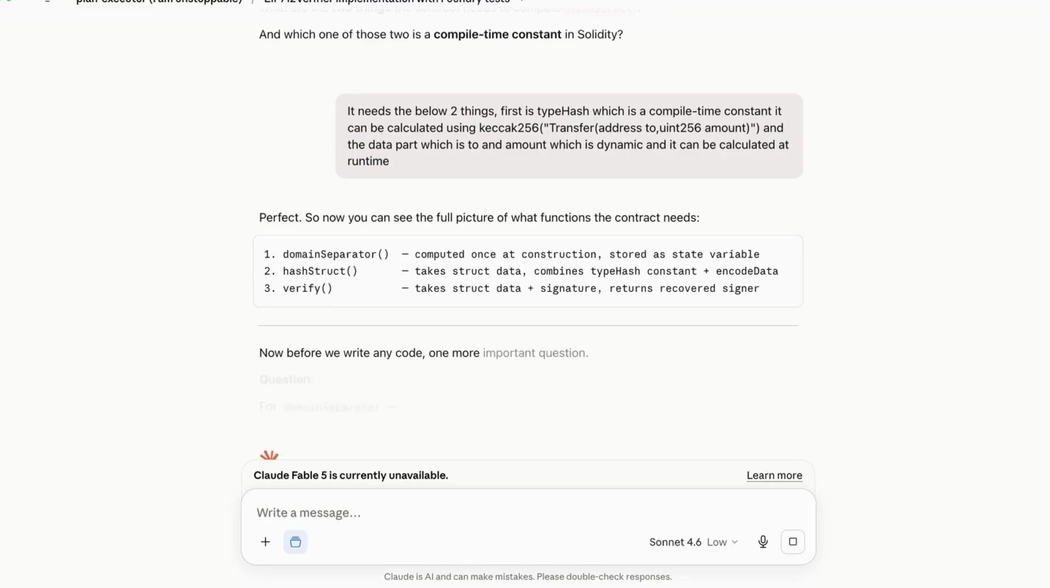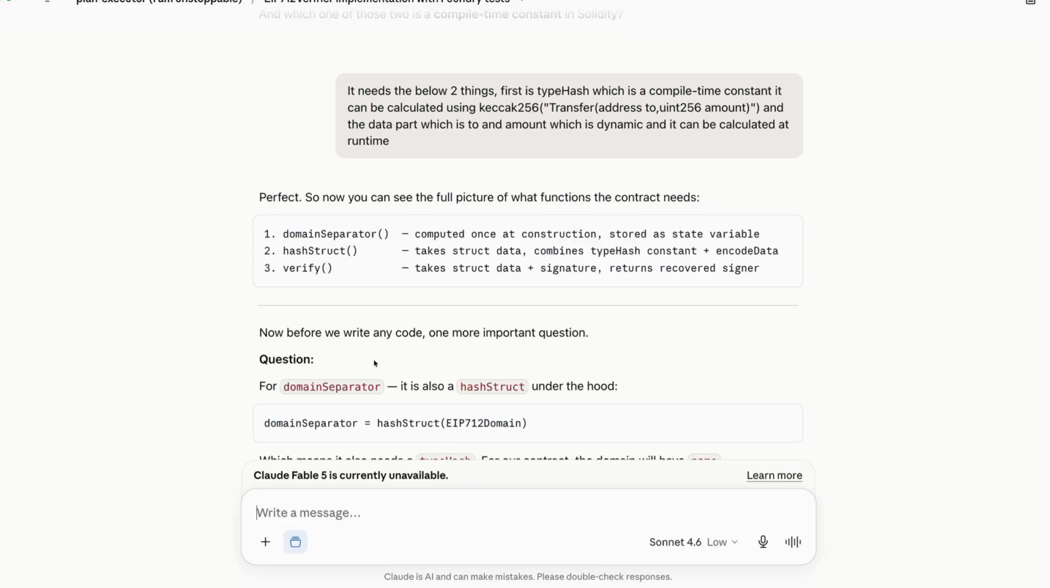Okay, so now you can see the full picture of what functions the contract needs. Domain separator, computed once at construction, stored as a state variable. hashStruct takes struct data and combines the typeHash constant plus encoded data. Verify takes struct data plus signature, and returns the recovered signer. Now before we write any code,